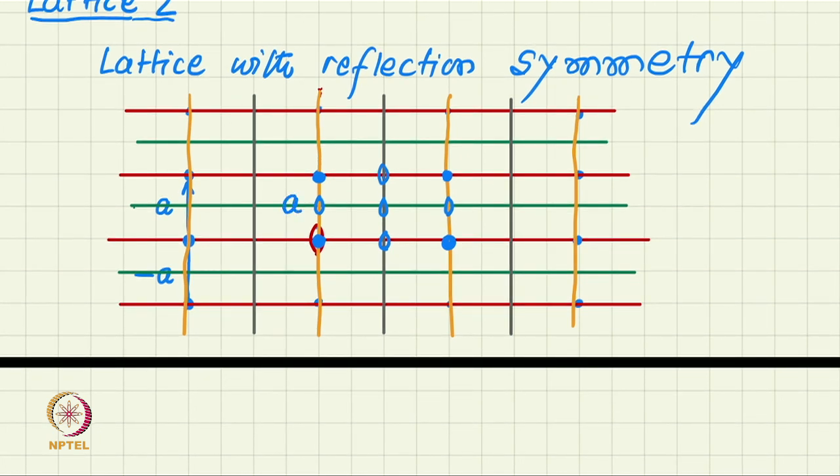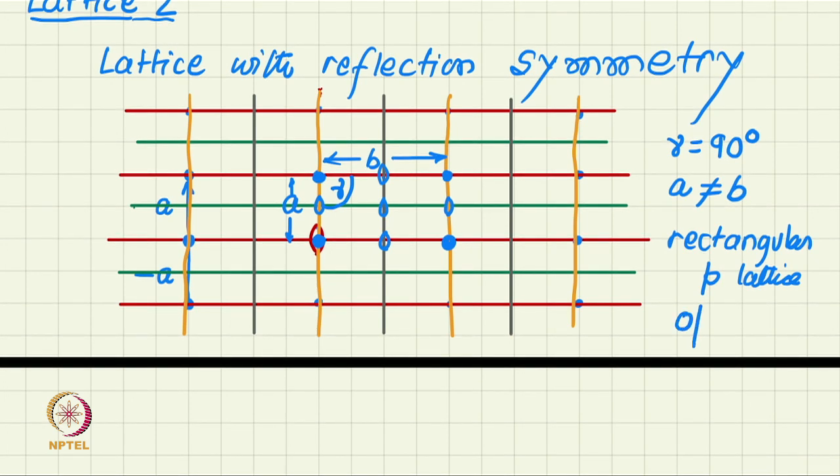You can call this your A, you can call this your B, you can call this gamma. The constraint on gamma now is that gamma has to be 90 degrees, because we took the second row of lattice points 90 degrees to the mirror and one row parallel to the mirror. So, gamma gets constrained to 90 degrees, A and B are not constrained and they do not have to be equal either. So, this is a rectangular P lattice,